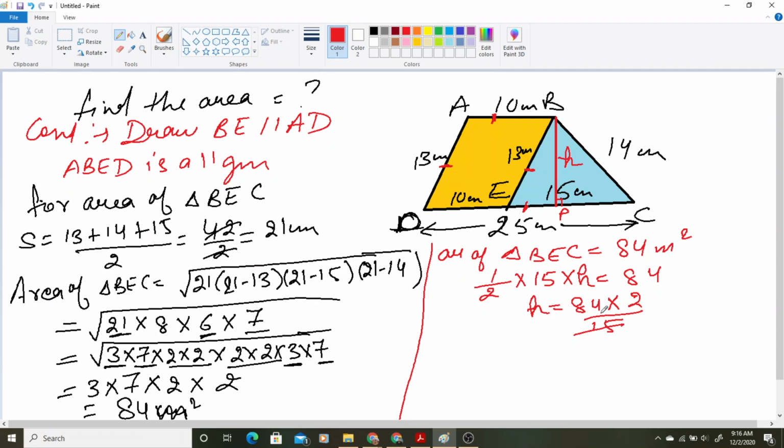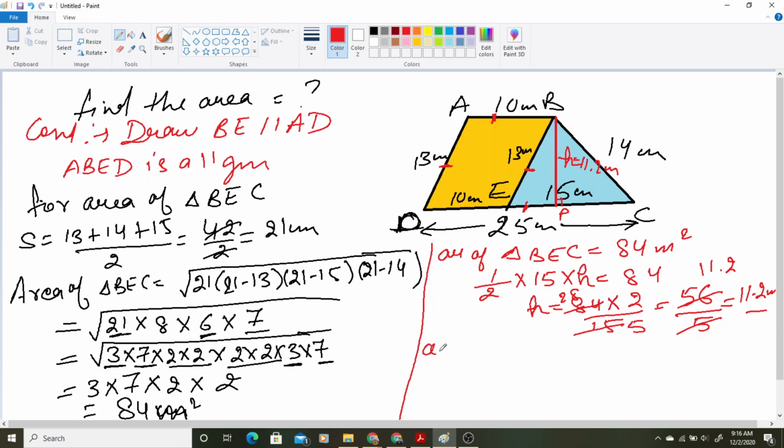You can cancel it out, 3 5 ja 15, 3 2 ja 6, 3 8 ja 24. So it will be 28 2 ja 56 divided by 5. So it will be 5 1 ja 11.2 meter. That means this height is coming as 11.2 meter. Now just forget everything and look at this trapezium ABCD. अब पूरे trapezium की बात करते हैं, trapezium ABCD.